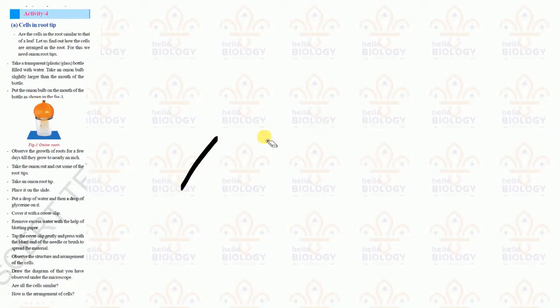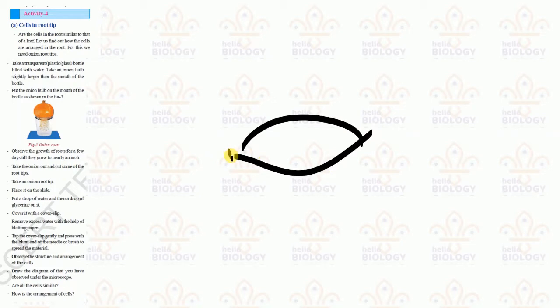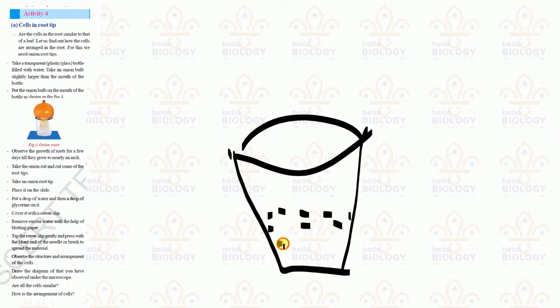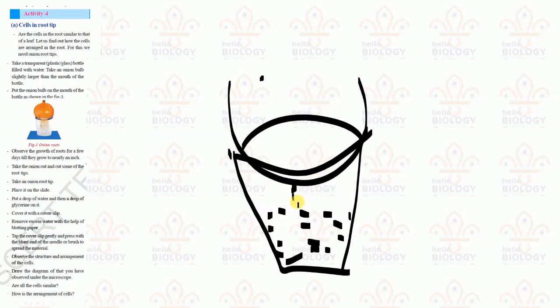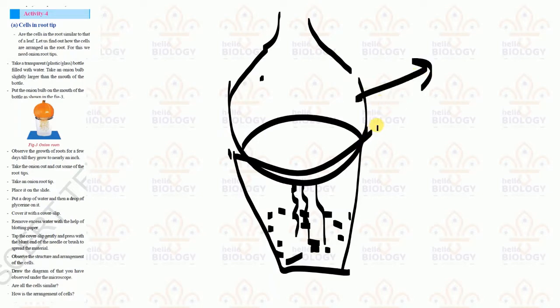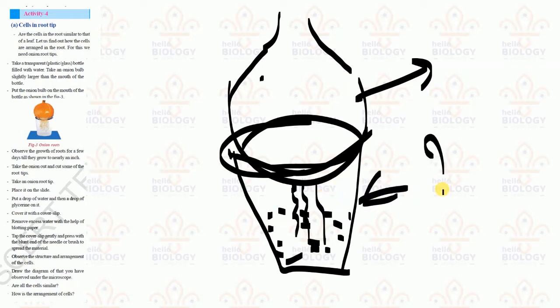So now let me draw here. Just a plain glass bottle we need here, and after that we need to fill it with water. We need to fill it such that the onion roots are submerged half inside the water and half outside the water like this, and the onion we need to put above this glass such that the onion sits on the base of the glass. It must be transparent so that we can see daily how much the roots are growing.